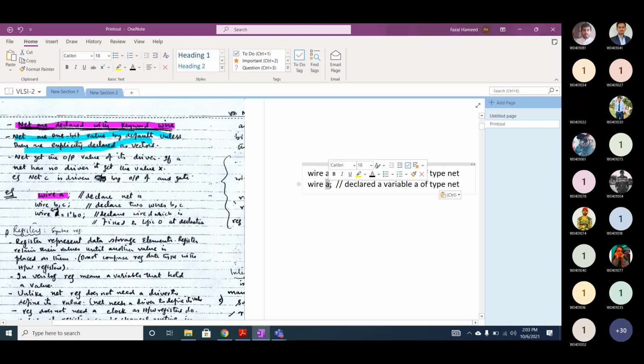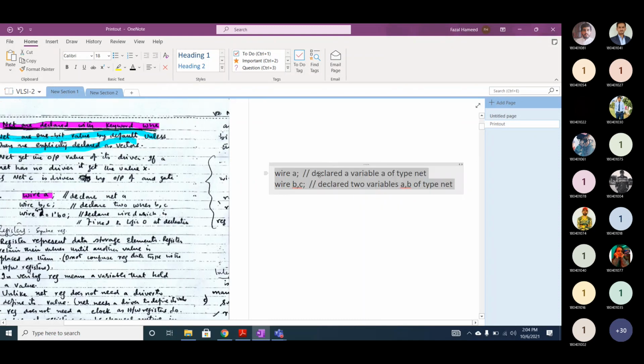Okay, if we say wire B comma C, we declare variables B and C of type what? Of type net.